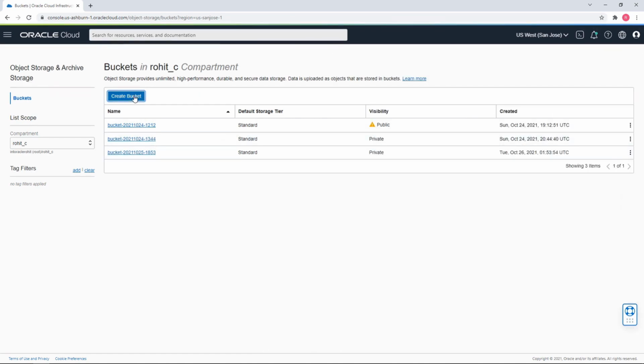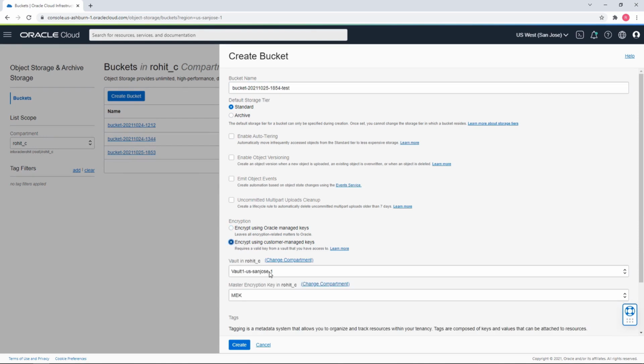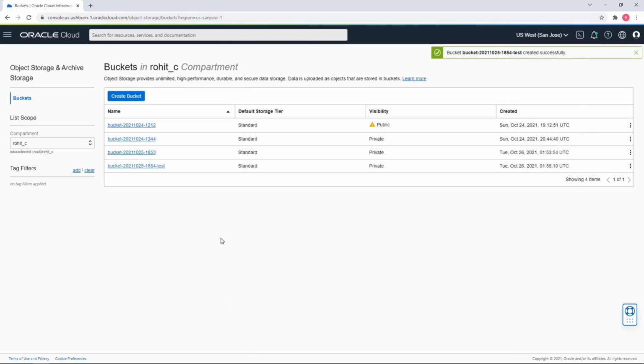Let's go ahead and create another bucket. So I'll choose this particular bucket and I'll say this is a test bucket, and I'll encrypt using customer managed keys. I'll pick this particular vault, and I'll pick this particular key, and I'll click create here. And now it's as simple as that, and my bucket is encrypted with a customer managed key